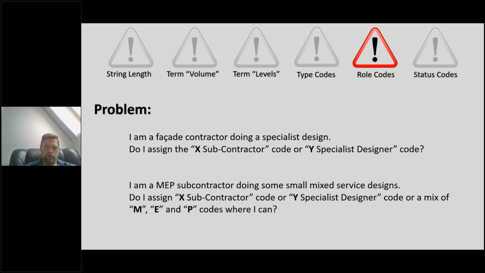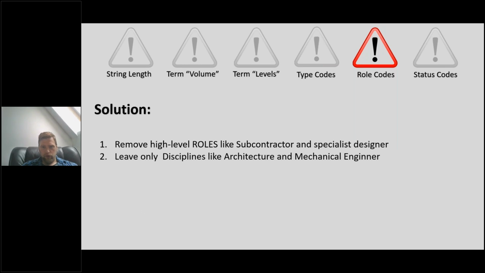So it was something that we wanted to try and approach as part of the National Annex update. The solution was to stop mixing the high-level roles and the specific disciplines, because an organization could be both a role and a discipline, and only focus on the discipline. There are a few impacts here, so I recommend this one takes the most thought. I don't have time to run through all of my thoughts on this. I only urge you to think about it in respect that we can't have both roles and disciplines mixing in here,